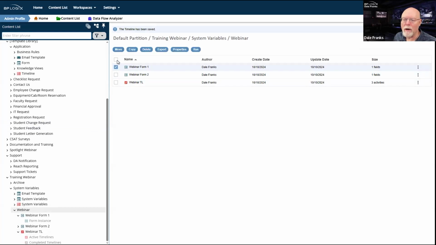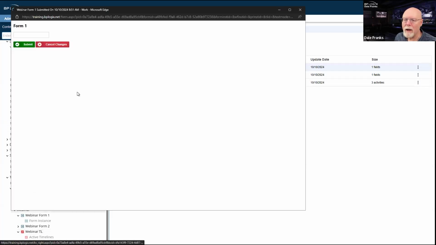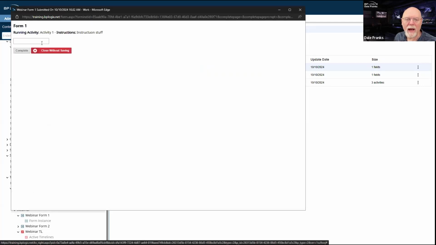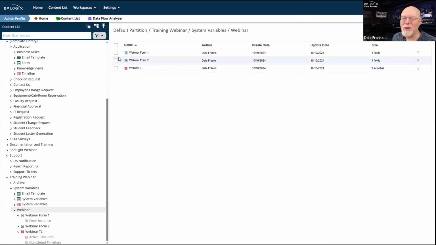So we're going to run webinar form 1. We're going to run that. We're going to submit it. And I'm now going to just put in some values here, and I'm going to complete that activity. And now we're in the second form. So I'm going to throw in some values there. And I'm going to do this a couple of times.